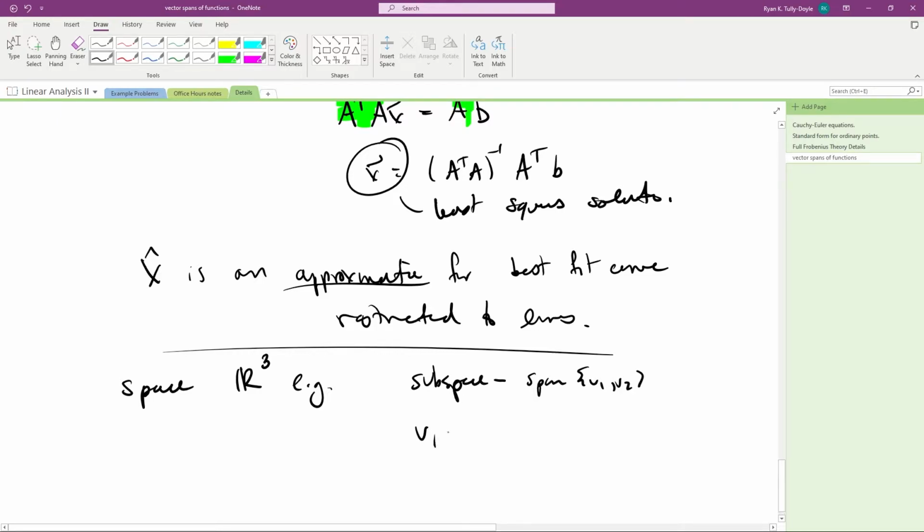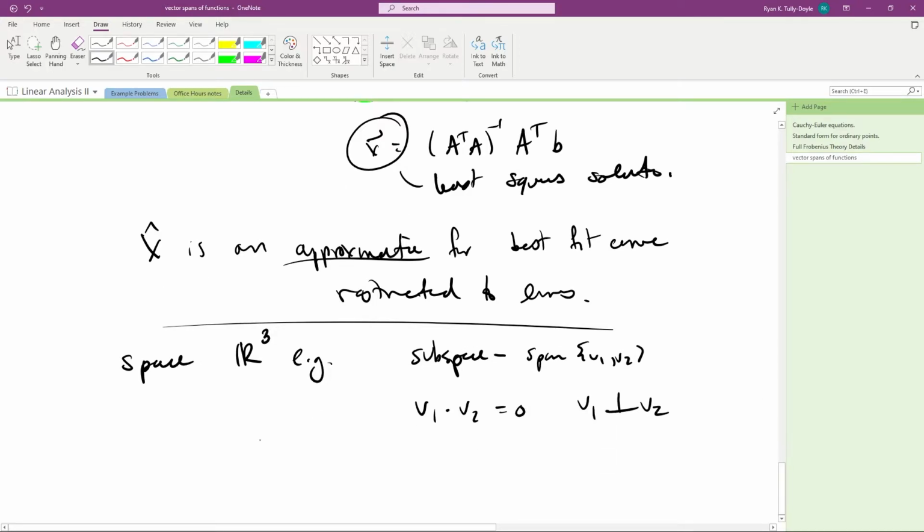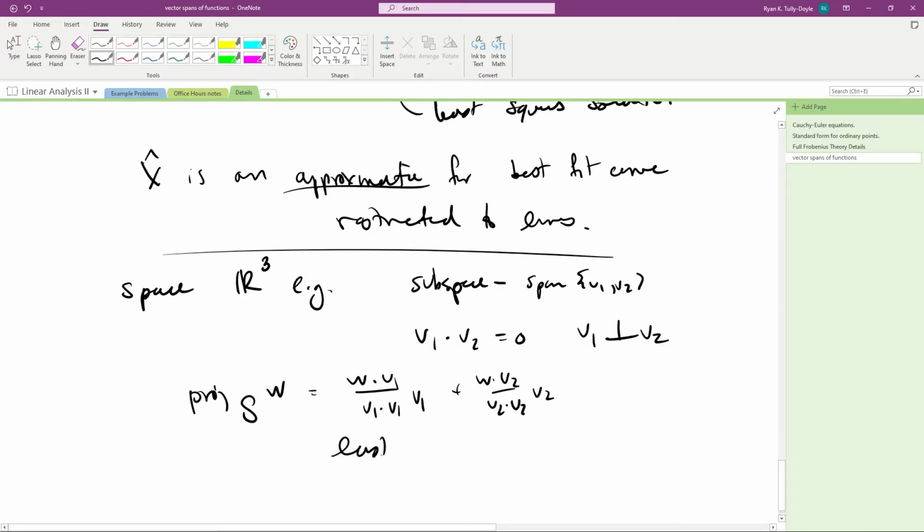If we know that v1.v2 is 0, then that means v1 is orthogonal to v2, and that means that the projection of any other vector w onto the span of v1 and v2 is (w.v1 over v1.v1) v1, plus (w.v2 over v2.v2) v2. And this thing is called the least squares approximation